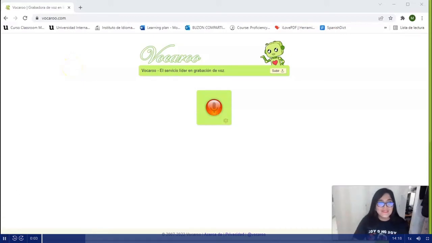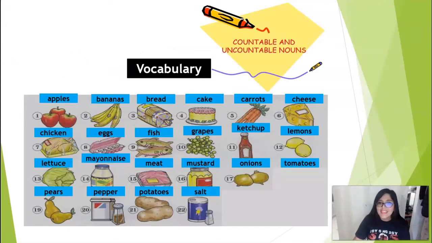Hello students, we are going to start with today's class that is about countable and uncountable nouns. First, I want to teach you the vocabulary about food and I'd like you to listen to the pronunciation first, okay? So, we're going to start with